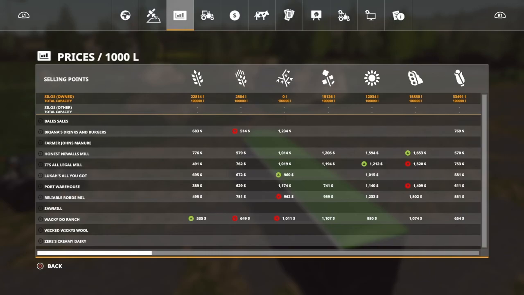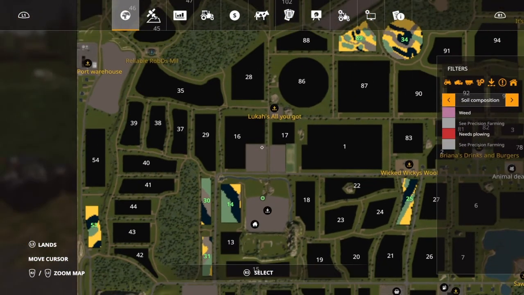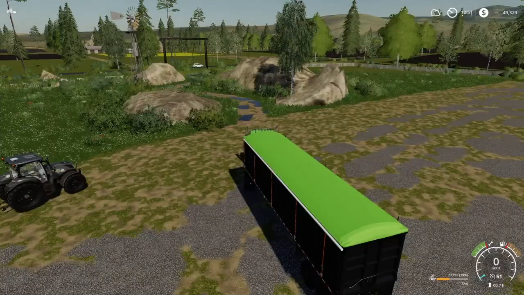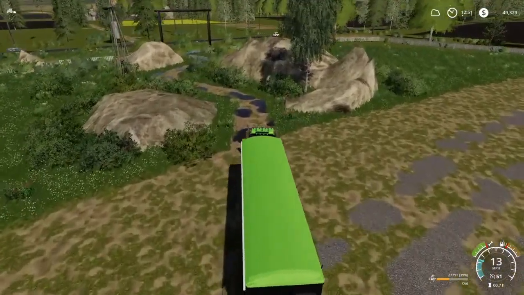That's where we want to go. But where is that? So let's zoom out a little bit. Okay, it's down over here. So right on the main road and before the animal dealer. All right, well, let's go. Let's see if we can get this guy through here first and not have to drive